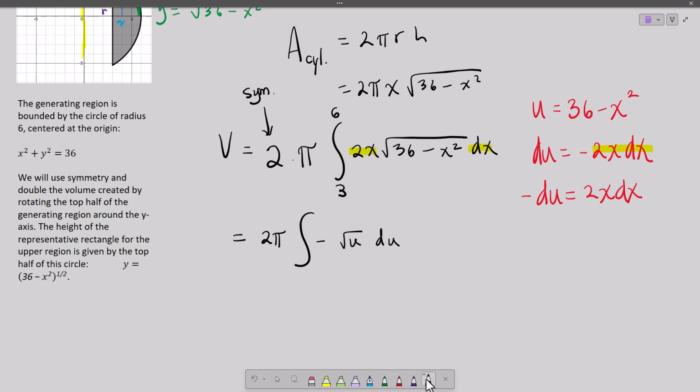Now we have 2 choices. We can convert the limits of integration as well, or we can go back to the original limits of integration later. In this case, it's pretty easy to convert the limits, and there's nothing instructional that I want to show you, so let's just convert the limits. What do we get when we plug in 6? 0. 36 minus 36 is 0. Plug in 3 and we get